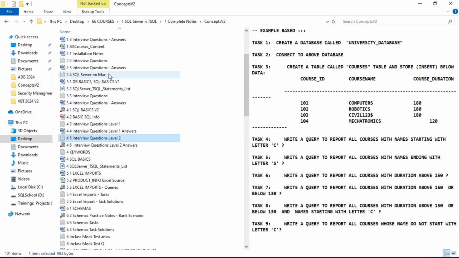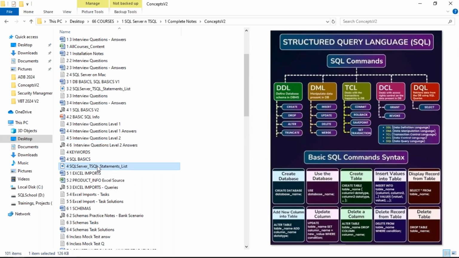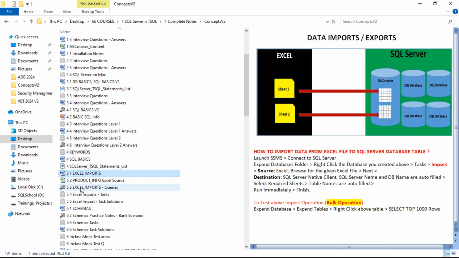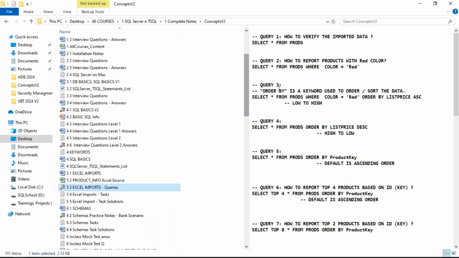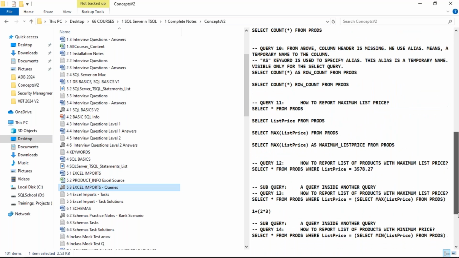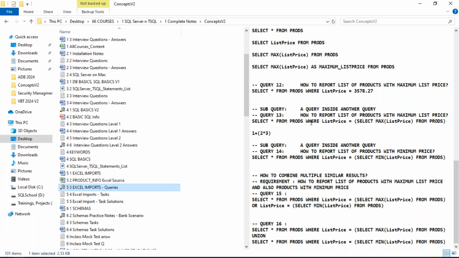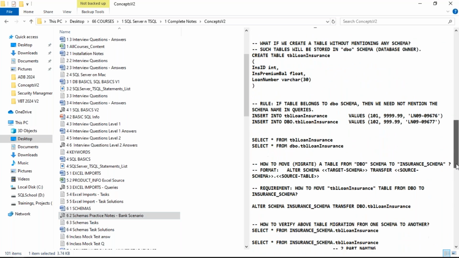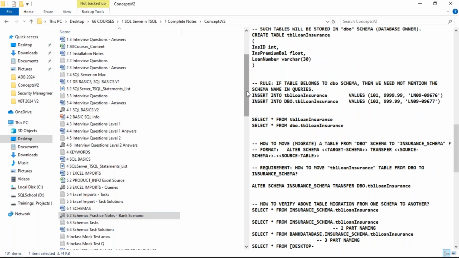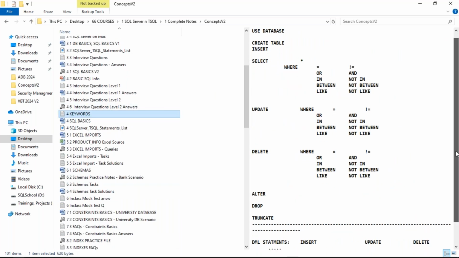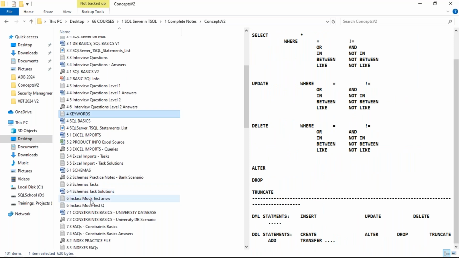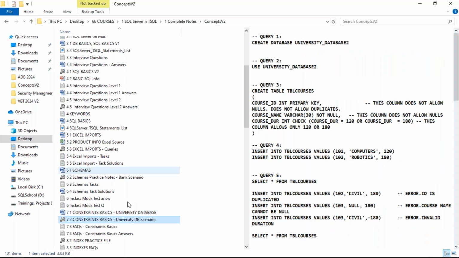Once we complete the SQL foundation, then we are ready for Microsoft SQL Server T-SQL, also called MS SQL. From there we have again another number game, a good amount of queries step by step. It's all about what, how. It's all about how-tos. We'll do it in a very slow but meaningful phase. Good number of concepts, good number of keywords, understanding what is what, why, how, when, where.